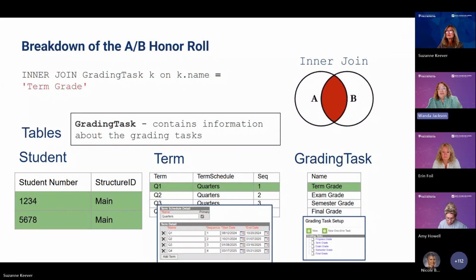That is what we're doing in this example. Again, you can customize it how you need to. Just keep in mind to make sure you match up where that final grade is going to fall. So if you're pulling final grade, which term you want to pull that final grade in a term sequence. So our next slide